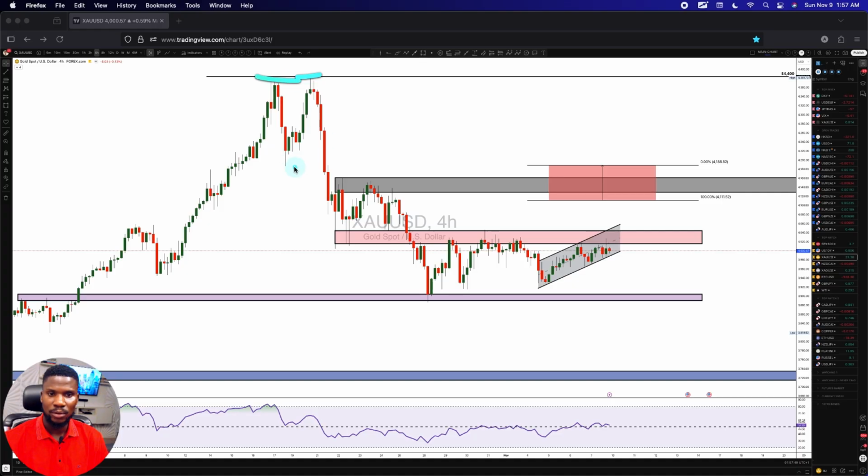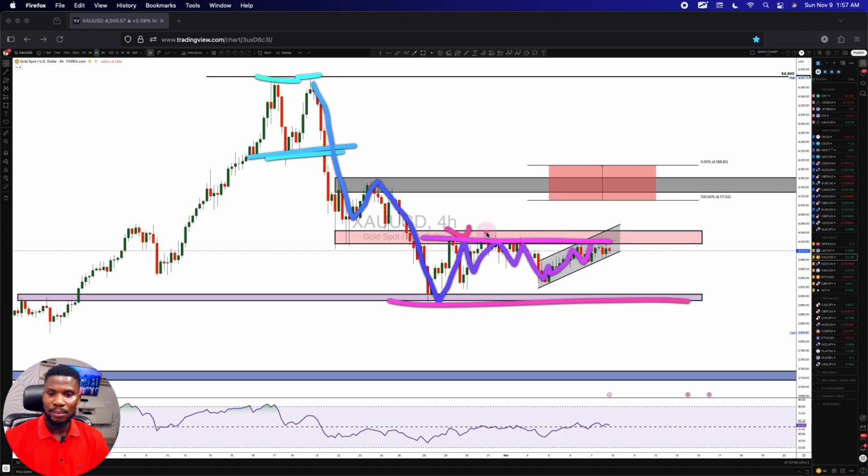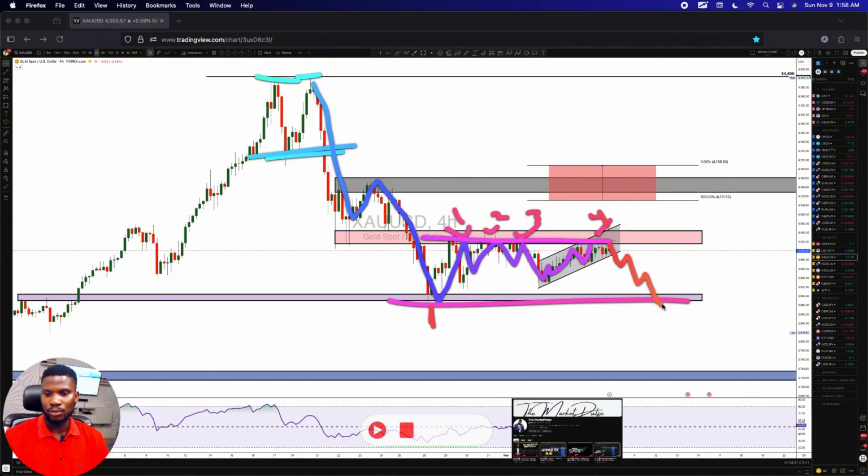The market broke below this particular low, which technically makes it bearish, even on the 4-hour time frame. Since then we've seen another leg to the downside, and we've been trapped inside this range. We've seen multiple tops, like 1, 2, 3, 4 tops, but only one particular bottom. So there is a high possibility of us getting another bottom right here